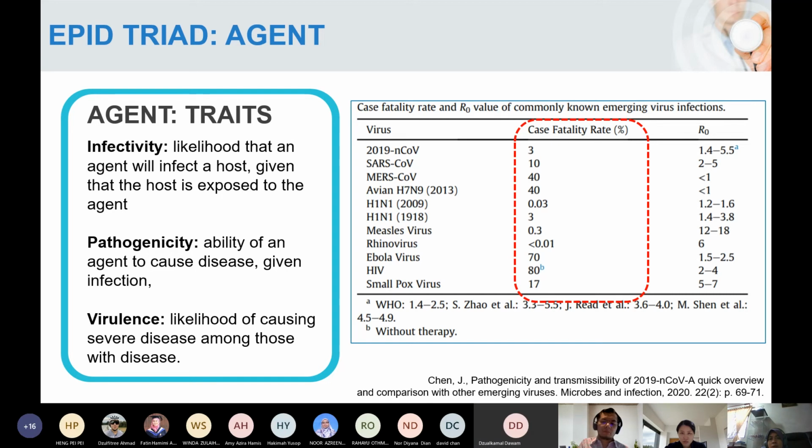So this is example of emerging virus infection. You can see kan MERS-CoV, case fatality high, sebab tu virulence high. SARS-CoV. Compared to SARS, current COVID virulence is low, but SARS is higher. SARS is 2002 kan? Where were you? Muda-muda lagi kan? Okay, so the highest fatality mana? HIV. Okay, still HIV. This is bila punya paper ni. The same paper, right? So these are the traits of the agent.